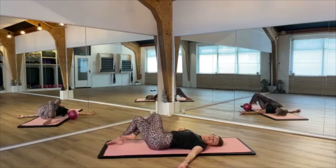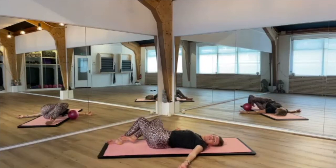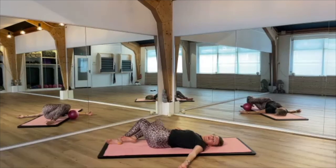So open your hands, push your right foot into the mat, move your hips to the left, look to the left, and turn your knees to the right. How far can your knees go to the right? Exhale. Inhale, lift your legs up